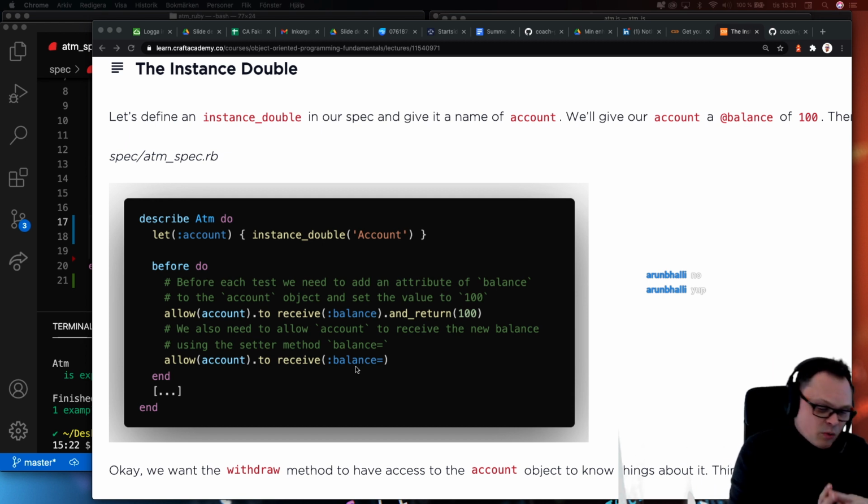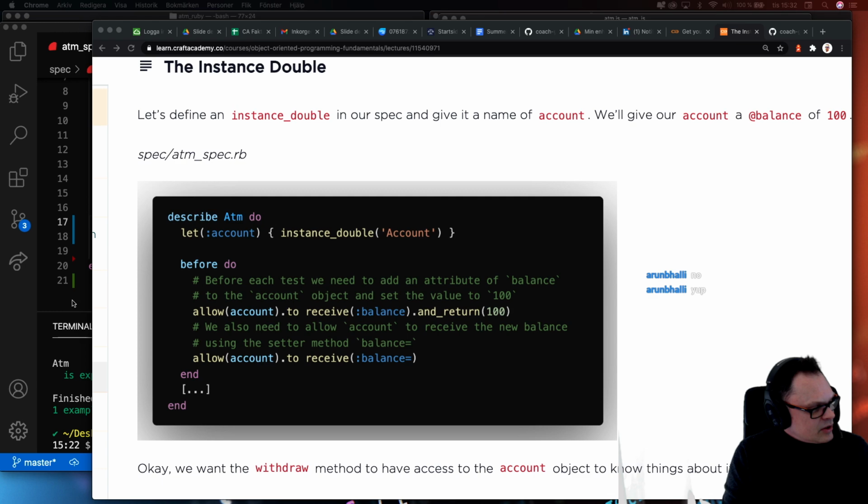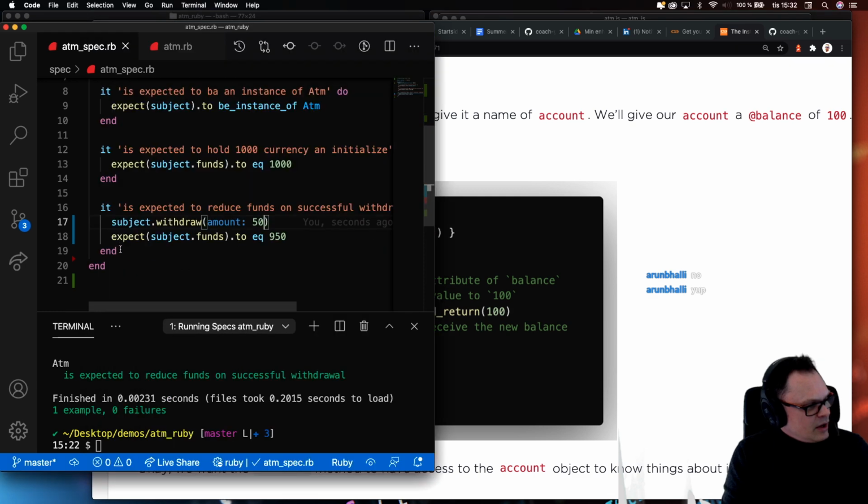And it doesn't really matter what happens to that value in this particular context, because we are unit testing the ATM class. The only thing we are looking for is that we have this object, and whenever we invoke this object or query this object for a balance, it actually returns something and it doesn't return an error for us, right? So if we just take a look at this and we write a test here,